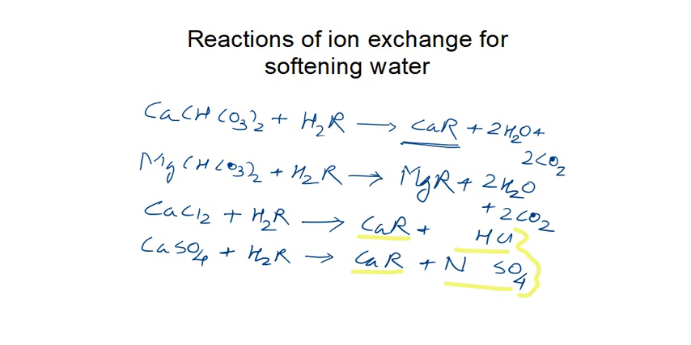Here it should be sulfuric acid. So if the resin is running on hydrogen cycle, then this should be acid. Thus the water is having acidic species, and when such water is allowed to react with the